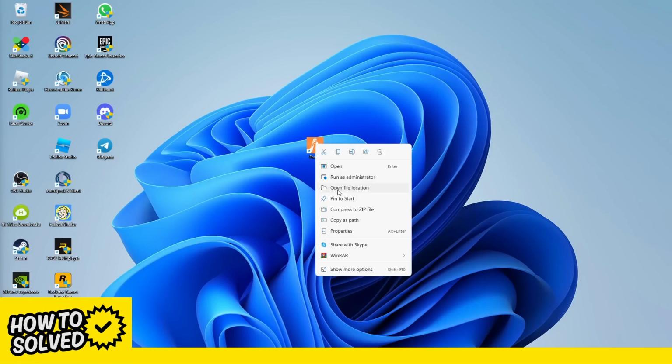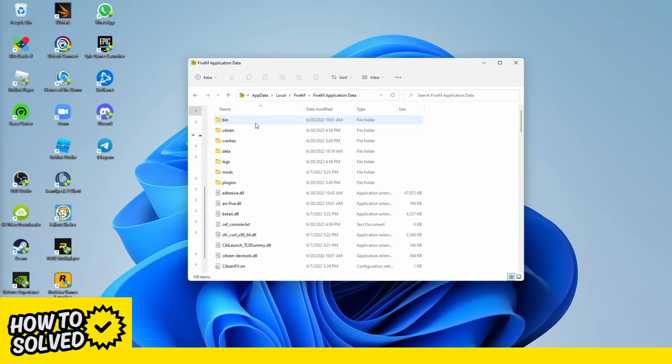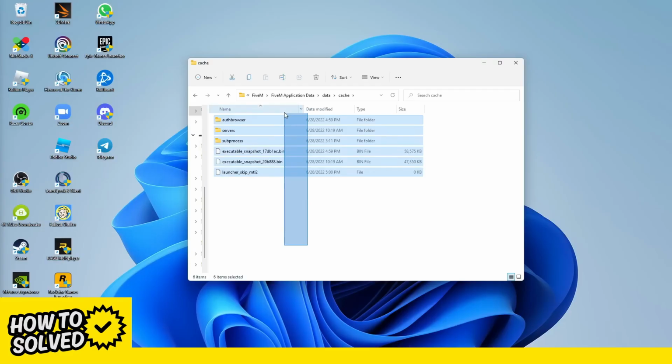Desktop shortcut and click on Open File Location. And then open this folder here, the FiveM application data. And in here, I click first of all on Data, and then click into Cache. And here, you can either press Ctrl+A on your keyboard, or just select every item in here and